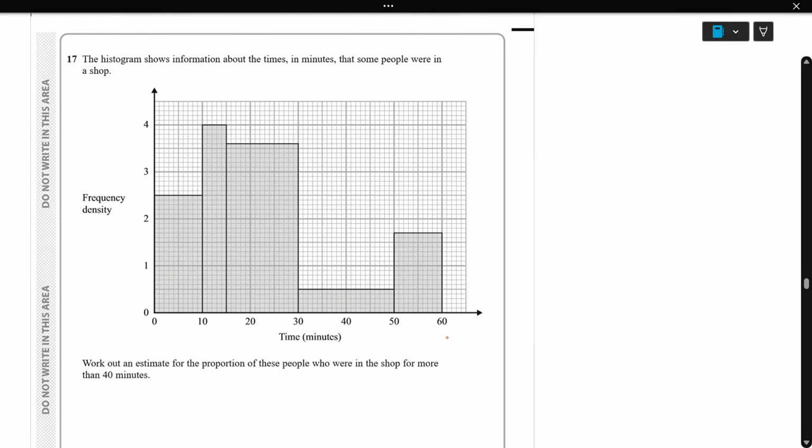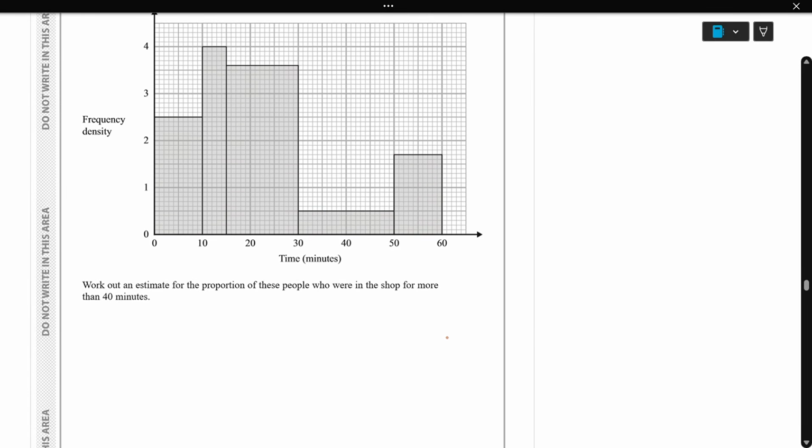Next question 17. The histogram shows the information about the times in minutes that some people were in a shop. Work out the estimate for the proportion of these people who were in the shop more than 40 minutes. See, more than 40 minutes, this number of people over the entire people, that is proportion. So first we have to calculate the entire people. First 0 to 10, how many people are staying, like 2.5. So proportion is,